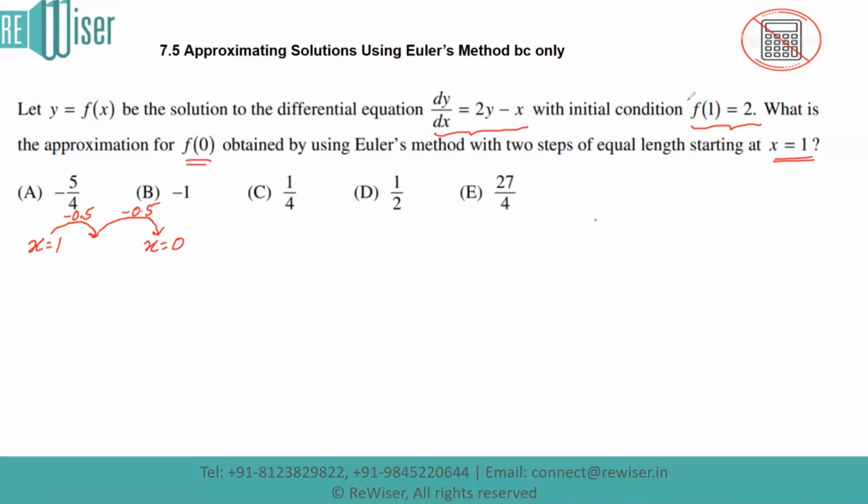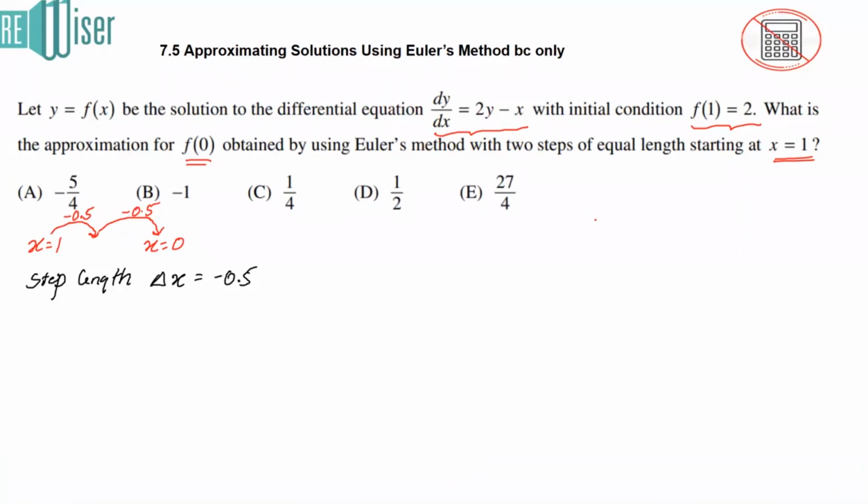So here the step length, that's basically the change in x. Step length or change in x, sometimes we also represent it with h. So it's going to be negative 0.5, and we need to do two steps to get the answer. In order to do this, the first thing that we should be aware of is, whenever we talk about